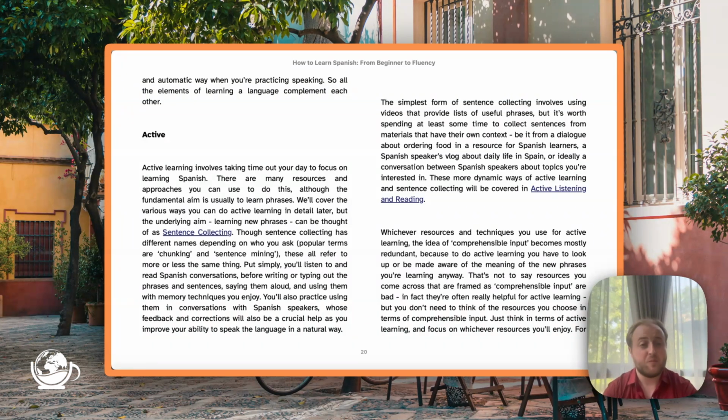However, if you want to make it a bit more interesting, a bit more engaging, you can use active listening and reading, which is basically doing sentence collecting, but using content or materials that either first language speakers would use or that have been designed in an interesting way for people learning Spanish. Now, this is where comprehensible input can be really useful, because if you come across a resource which is marketed, labelled as comprehensible input, chances are it'll be really useful for active learning, because you'll be able to work your way through the content,